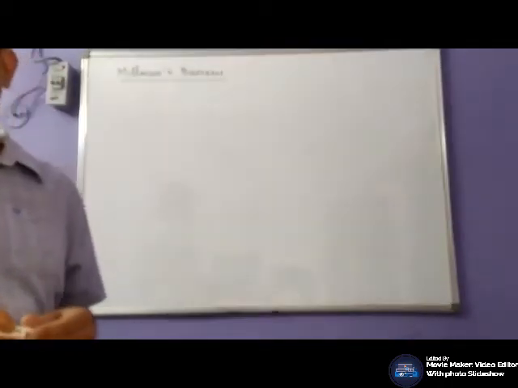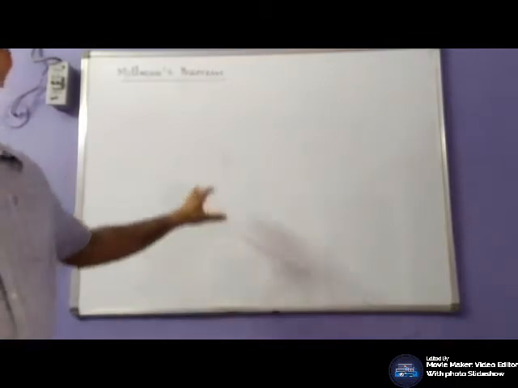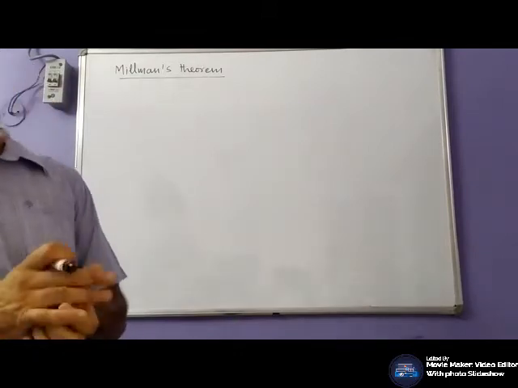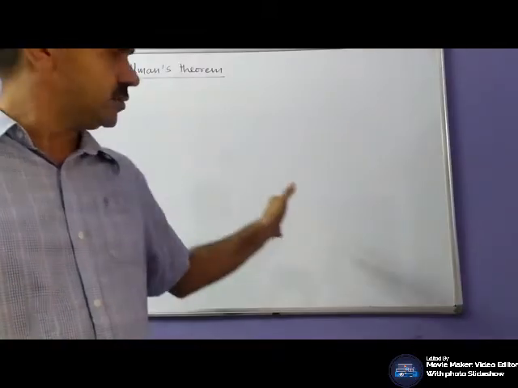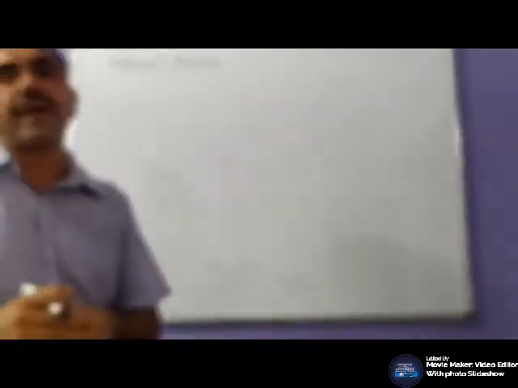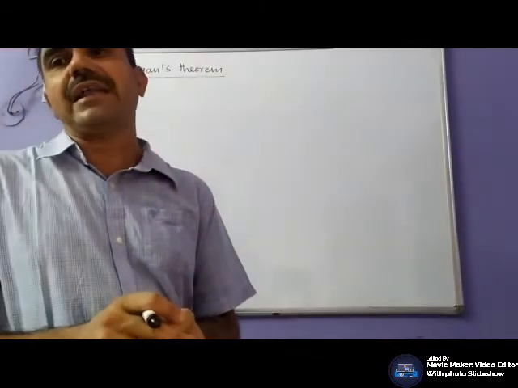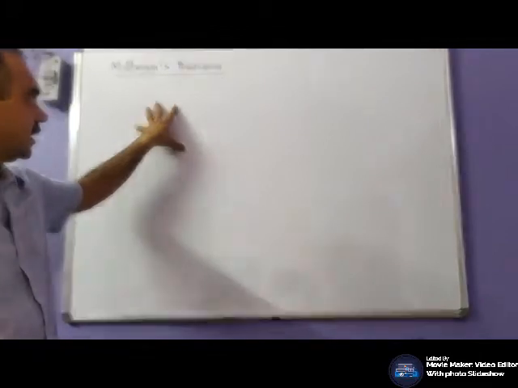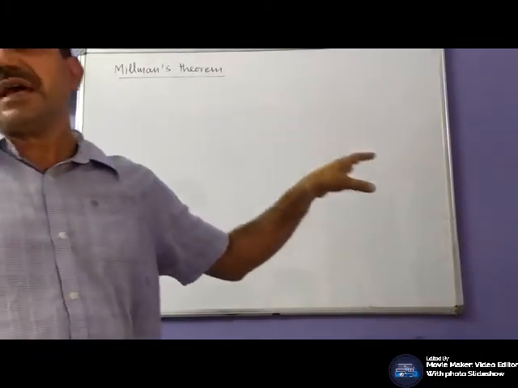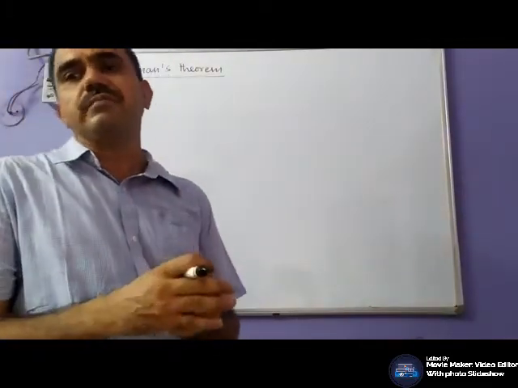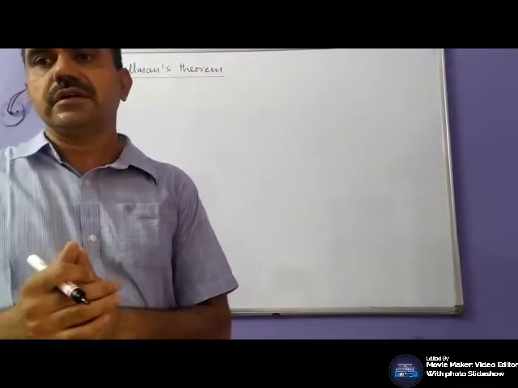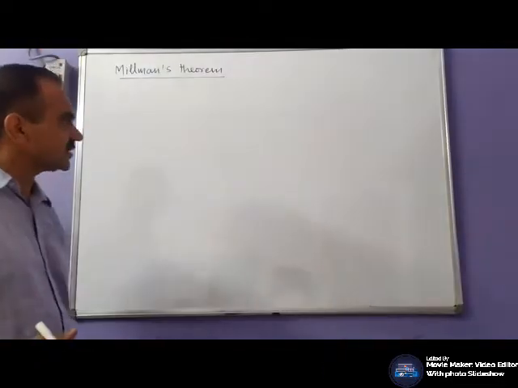Next theorem is Millman's theorem. This is another mathematical technique by which we can find out the current or potential drop across any branch in a bilateral network. You can say your Thevenin's theorem as well as your Norton's theorem may be applicable in this network. So first, let us consider